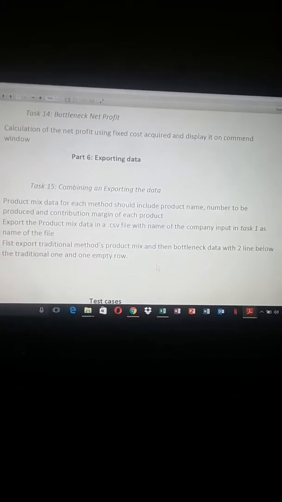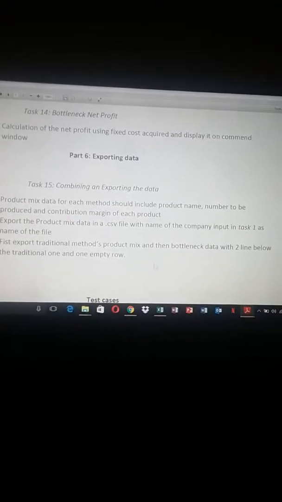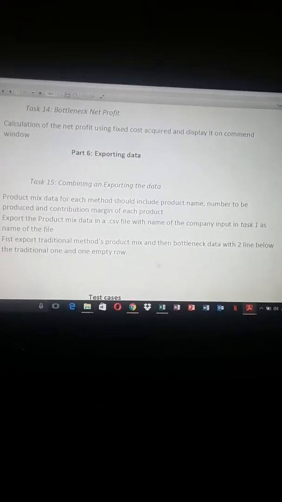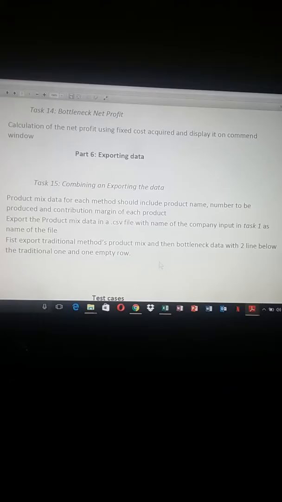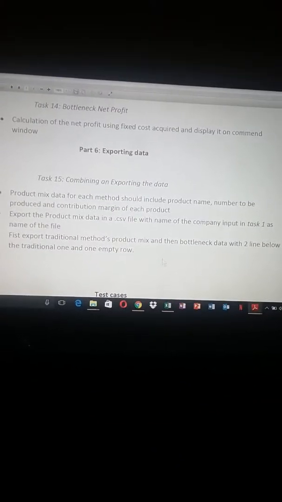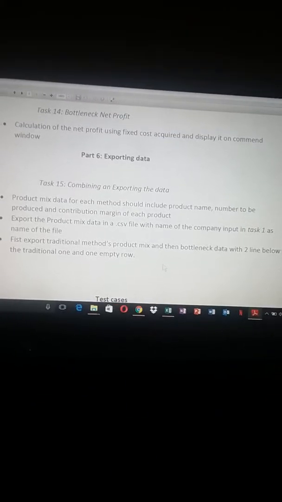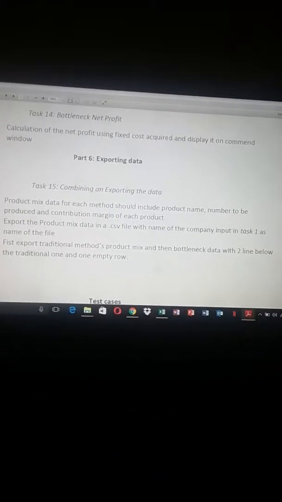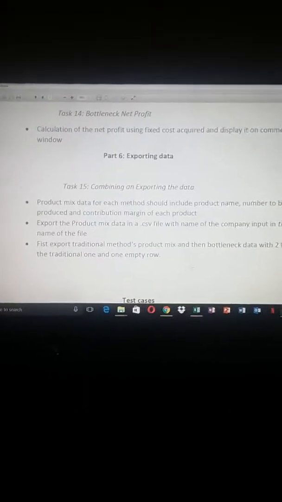Export the product mix data in a CSV file, with the name of the company input in task 1 as the name of the file. First, export the traditional method product mix and then the bottleneck data, with a line below the traditional one and one empty row. Okay, so far this is what the